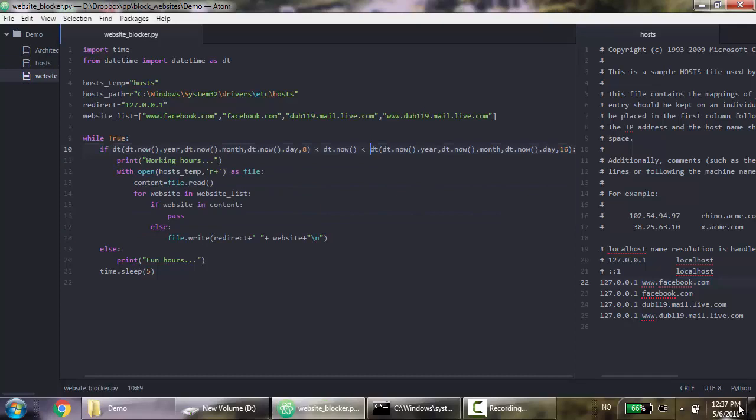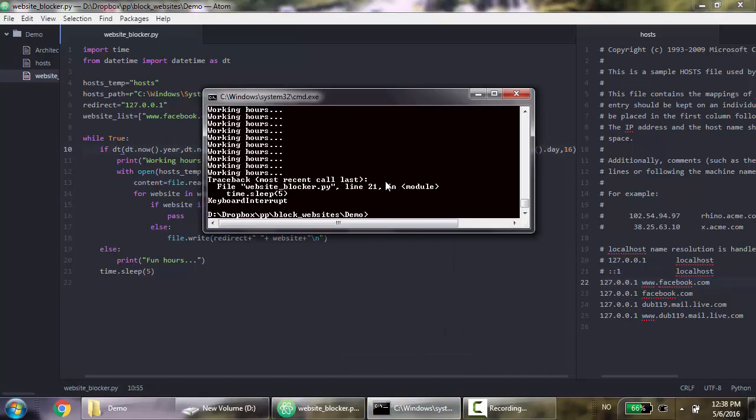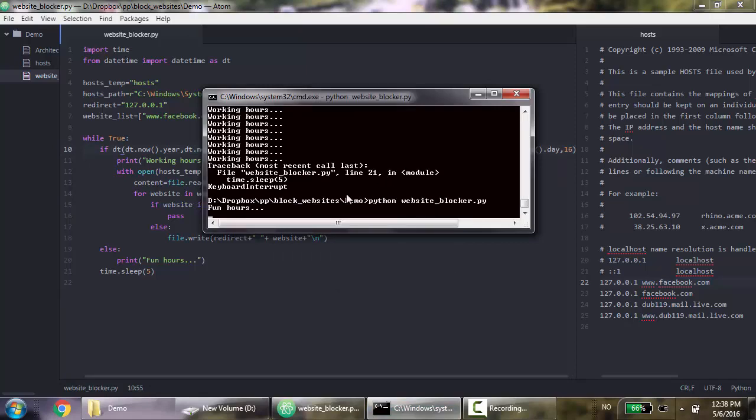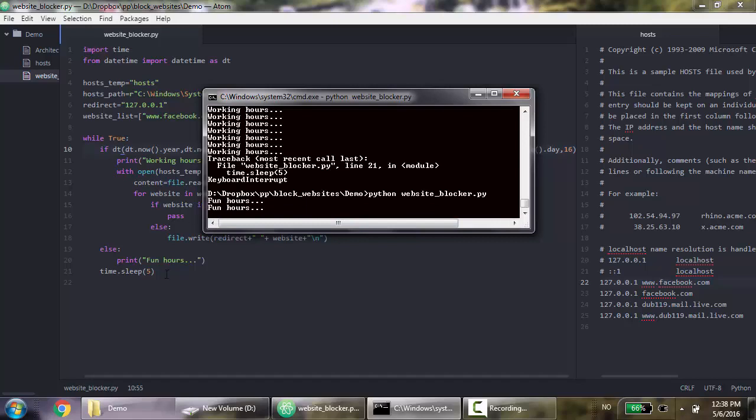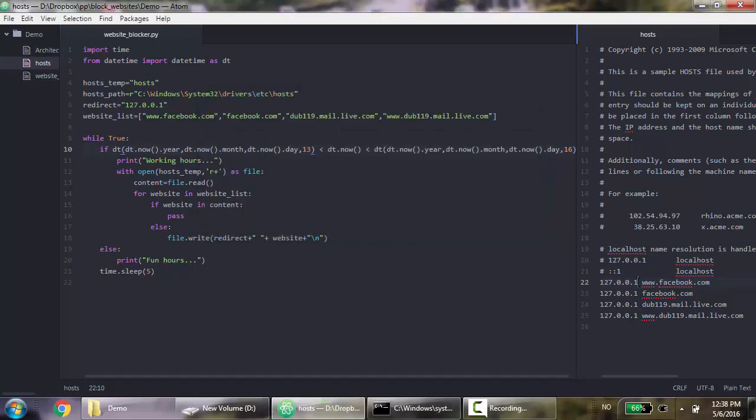So now we are in this time, which is between these 2 hours. But if it were, let's say, 13 here, stop this, check again. In this case, we get these fun hours printed out, but the text in the host file will still be there. So what we want to do next is remove this text from the host file